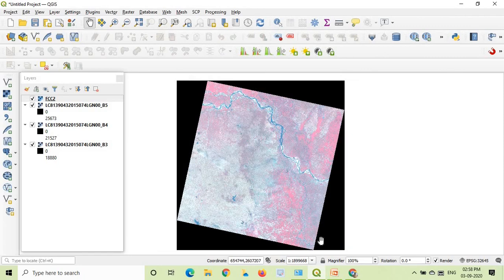You can see that the image may look hazy because it is a very large data set and covers a very large area. But if you zoom in at any place and if you clip out a small portion from it, then you can see the clarity of this image, and it is a very detailed image. So in the next video I will demonstrate how to clip out the area of interest from this large data set.